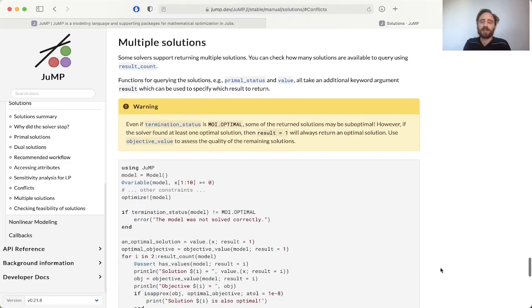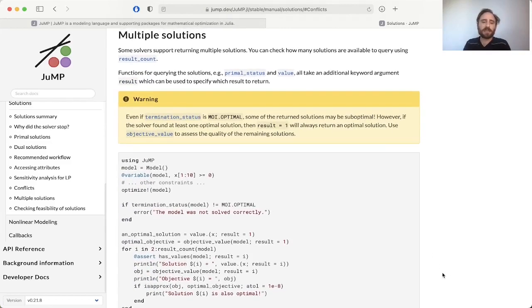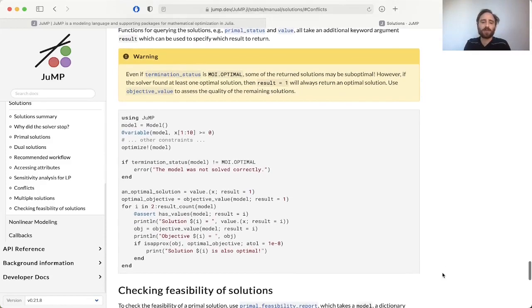Another recent addition is the ability to return multiple solutions from a model. Some solvers like Gurobi will support returning multiple primal solutions. Say when they're solving a MIP, they will return all of the feasible MIP solutions they found. The way to access multiple solutions from a solver is to first check how many solutions the solver found using result_count. This will be from 1 through to n, say. And then you can access each of the solutions by using the result keyword to functions like value and objective